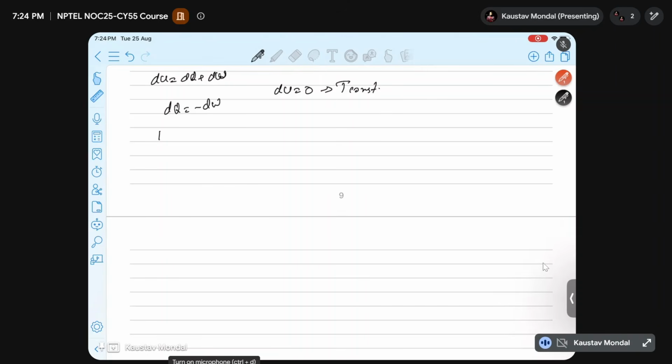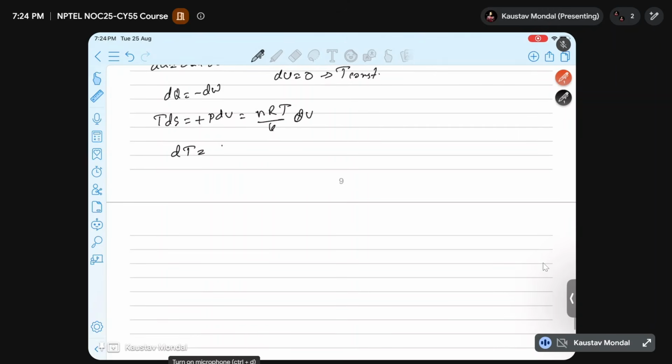So dq we know is TdS equal to dW, which is PdV, that we can write as nRT by V into dV. So dS is basically nR dV by V. So if you integrate, sorry, dS, so delta S equal to nR ln Vf by Vi. Okay, so that is the change in entropy